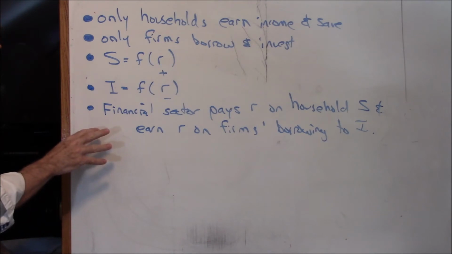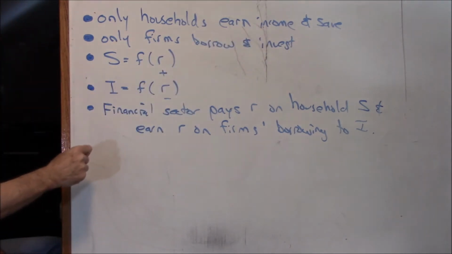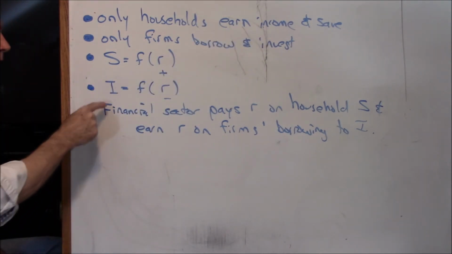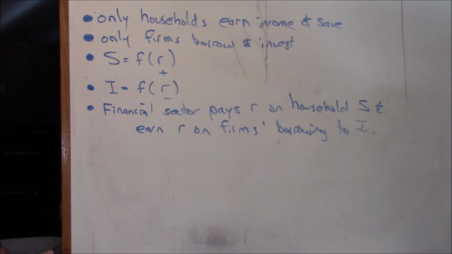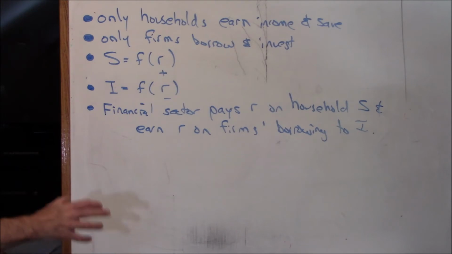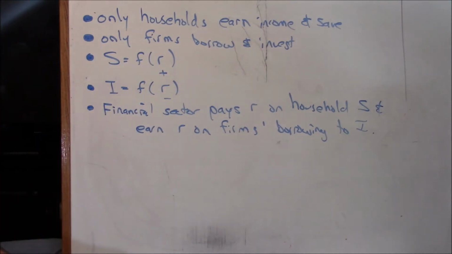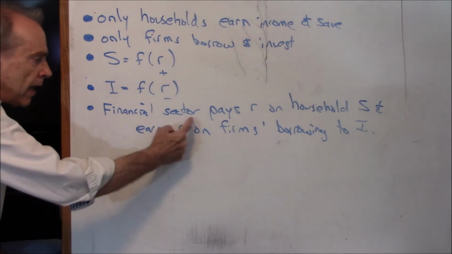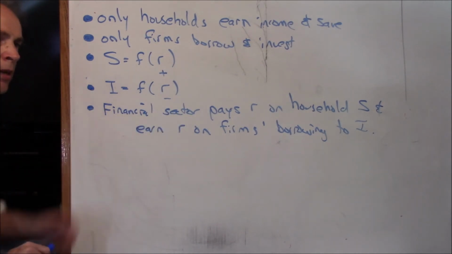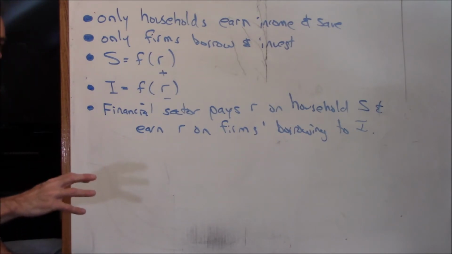Banks are going to be trying to attract enough household saving up here to be able to have the money in their vaults that they then turn around and loan out to firms for investment. One of the goals here is to not have money just sitting in the vault. Why? Because they pay interest on the savings. So they don't want the money sitting in the vault. And so maybe you can see already what's going to happen: they're going to have the incentive, whenever S isn't equal to I, to make S equal to I, because they don't want any money sitting in the vault that isn't being borrowed.